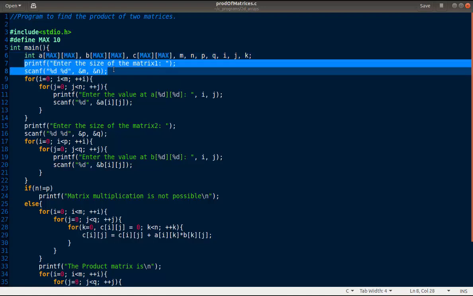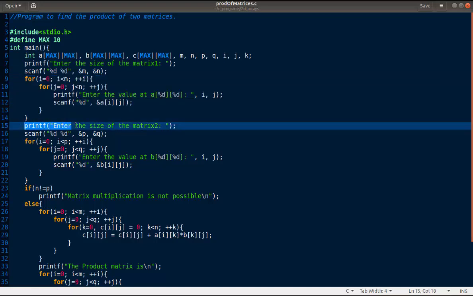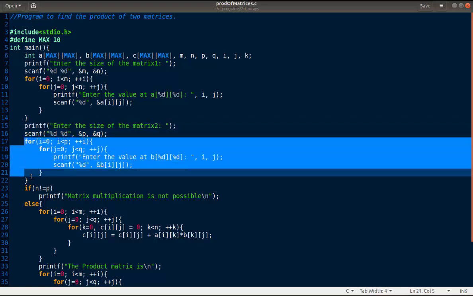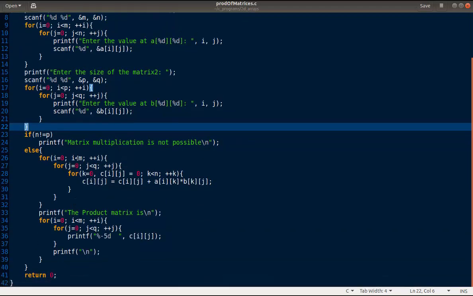Then we have read the size of matrix 1, that is M and N, then all the elements of matrix 1, then the size of matrix 2, which is P and Q, then all the elements of matrix 2. Then if n is not equal to p, matrix multiplication is not possible, else we will perform the matrix multiplication, and here two for loops, and the product matrix is of the order m by q. So the two loops will be for i equal to 0, i less than m, plus plus i, for j equal to 0, j less than q, plus plus j,